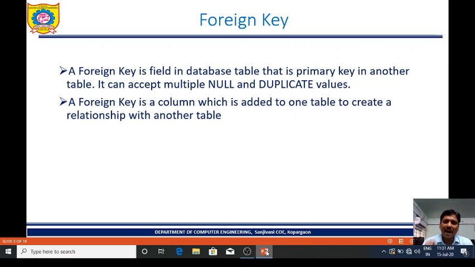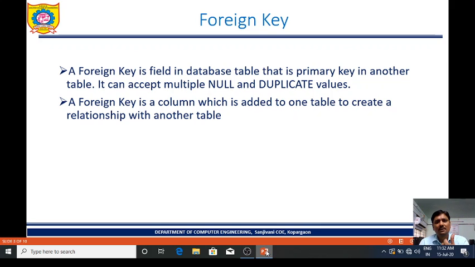See, we are going to add one more column in one table, but that column, that attribute should be primary key in other table. So foreign key is a field in database table that is primary key in another table. It can accept multiple null and duplicate values.